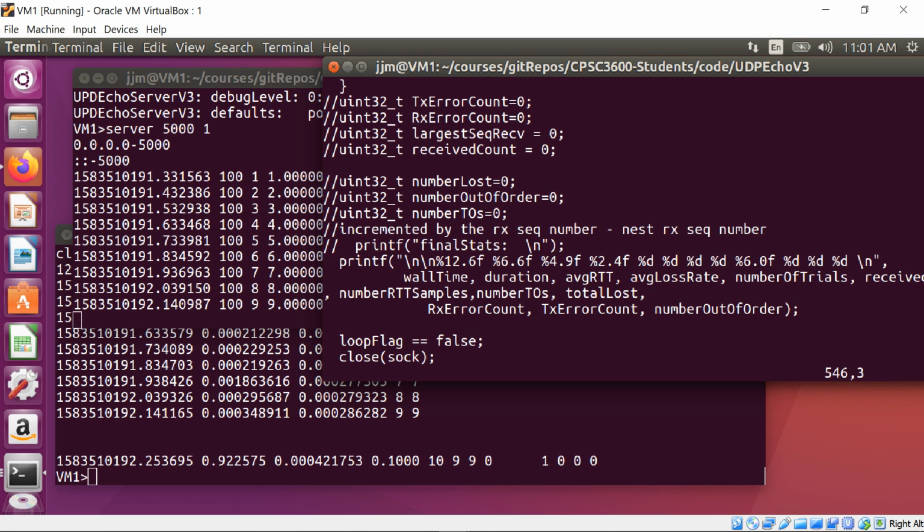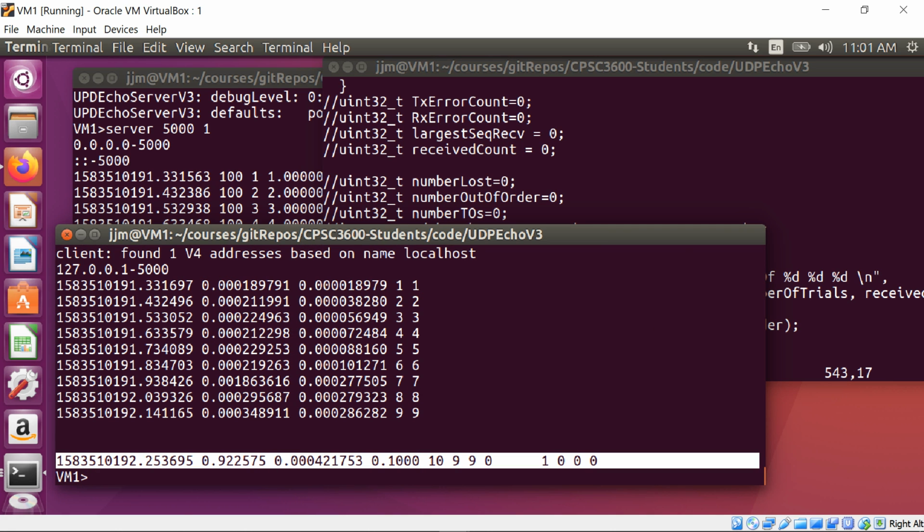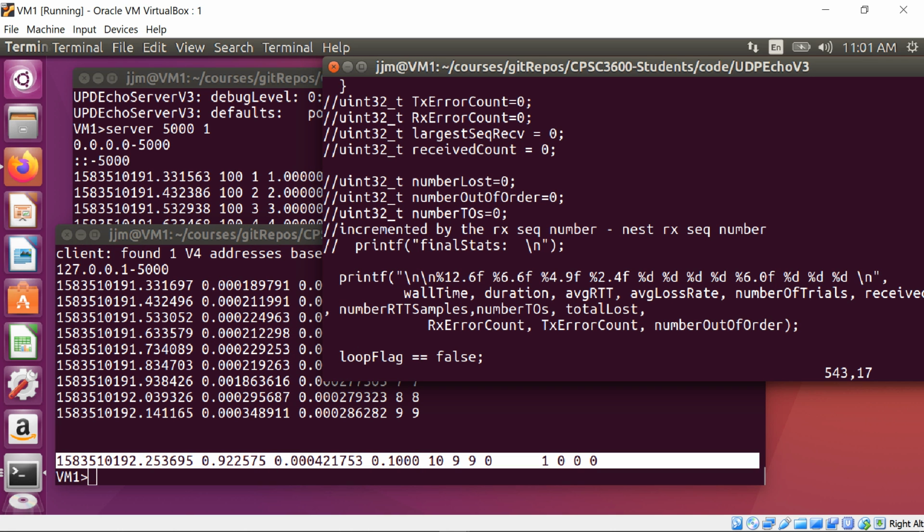And so what we print out is in this printf. So this very bottom line here is coming from this printf. First field is the wall clock time. Duration is the amount of time the session ran, so the number there is 0.92 seconds. The average round trip time observed was 0.0004. The average loss rate was